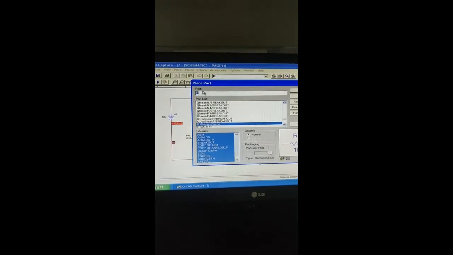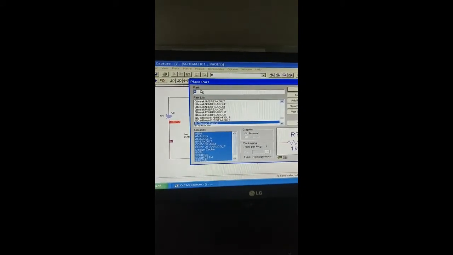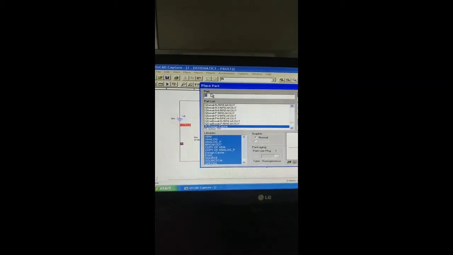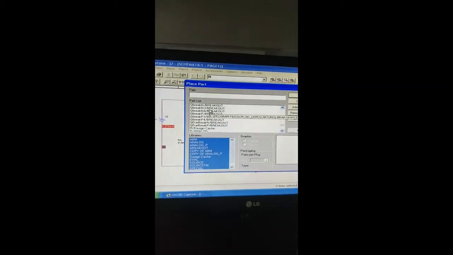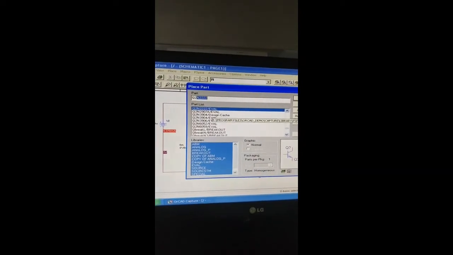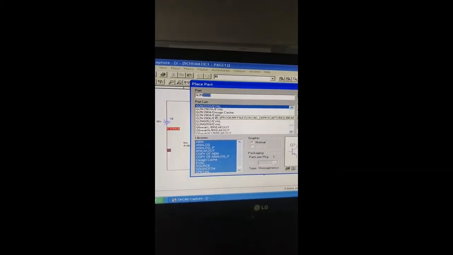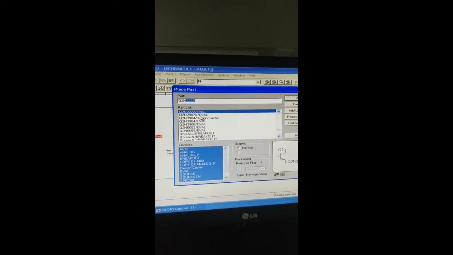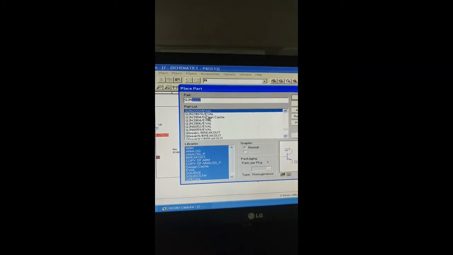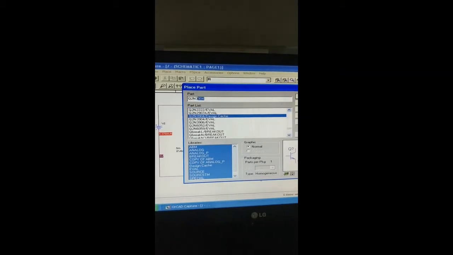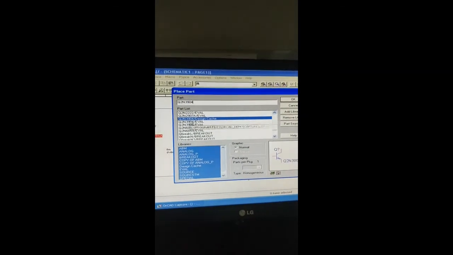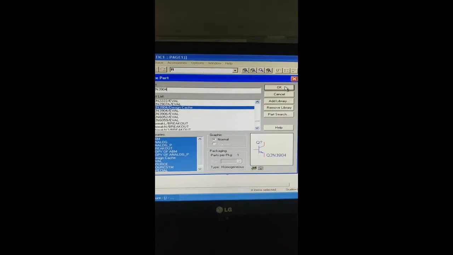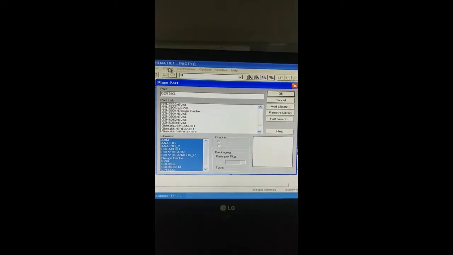You can type Q2N3904 for the transistor. You see here that the transistor is available. You can click on OK to get this transistor.